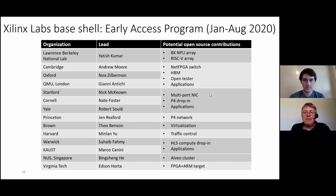As I say, Cambridge has very much been leading the NetFPGA switch and moving that on to 100G, and using high bandwidth memory for experiments as well. The Open Tester project, which is familiar to a lot of researchers, has also been moved across to this infrastructure. In the next one down, the multi-port NIC is something that I said Steve has been working on in the P4 drop-in. And then there's the various other people, Jen Rexford is